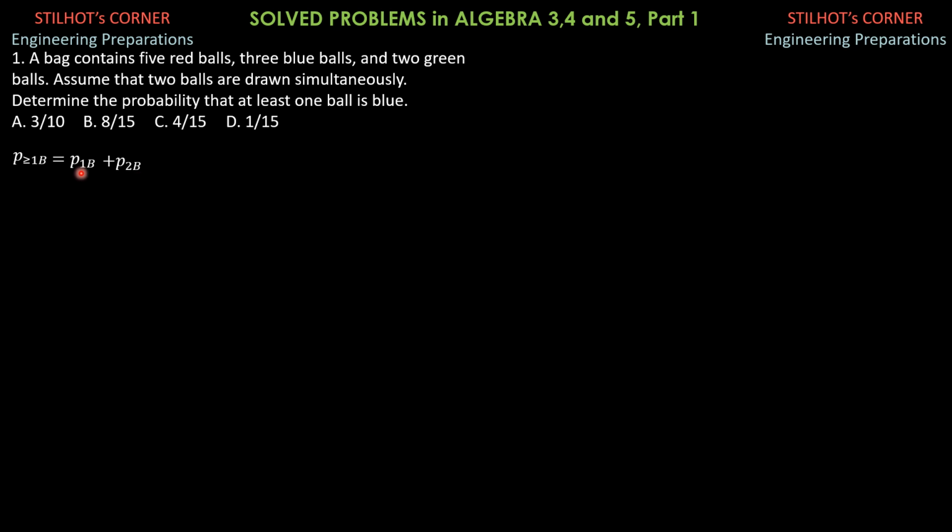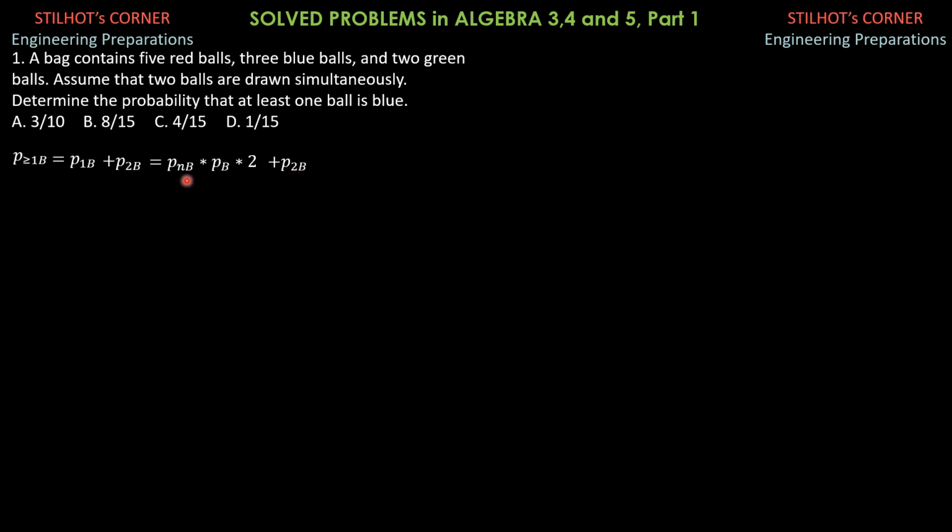For exactly one ball, we have the probability that it is not blue in the first drawing and blue in the second drawing, and in the second case, blue in the first drawing and not blue in the second. That's why I'll just use the probability that the first drawn ball is not blue times the probability that it is blue in the second ball. There are 2 situations here, vice versa, that's why I multiply this by 2. Then plus the probability that both balls are blue.